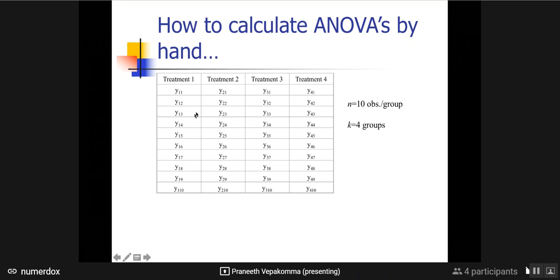When I say within group variance, I'm looking at how these numbers are varying within the group itself, or within treatment 2 itself, or treatment 3, and so on. When I say between group variance, it is how these numbers are varying across the groups. Are they similar, or are they varying a lot? That is the idea. So for example, this could be